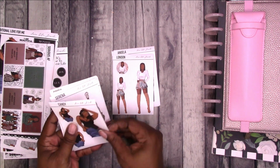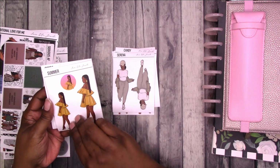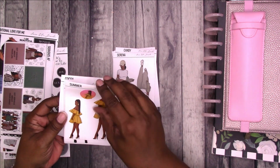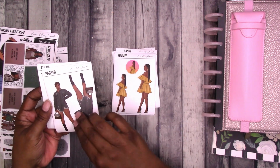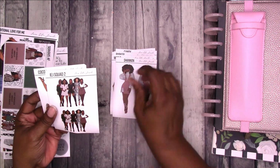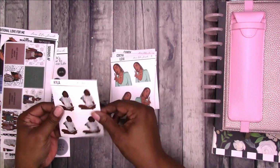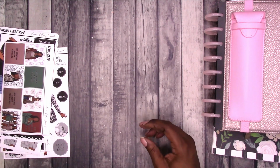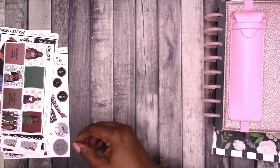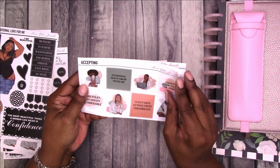But I will quickly flip through what will be available in this release coming up on Friday, July 1st, 2022 at 9 a.m. Pacific time. These are the individual doll sheets that will be available. This is a freebie sticker, and then here are the journaling memes, or journaling squares, is what